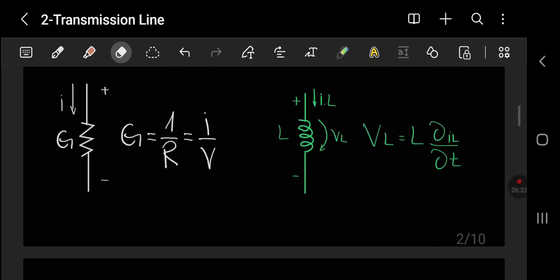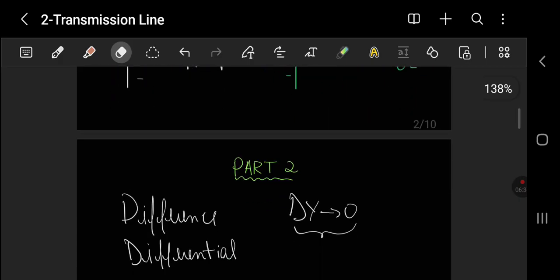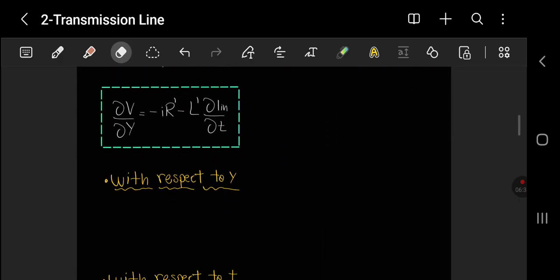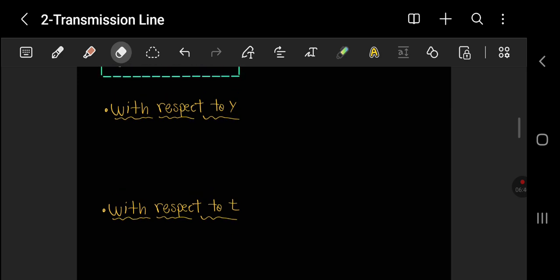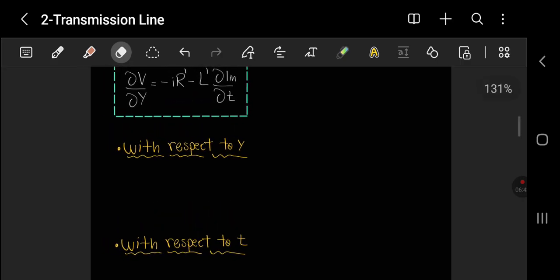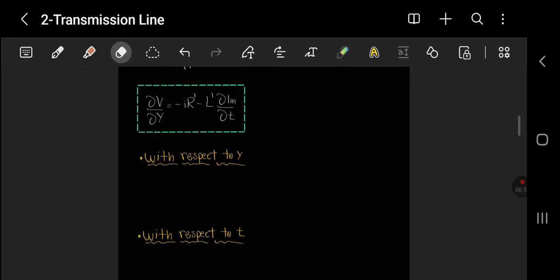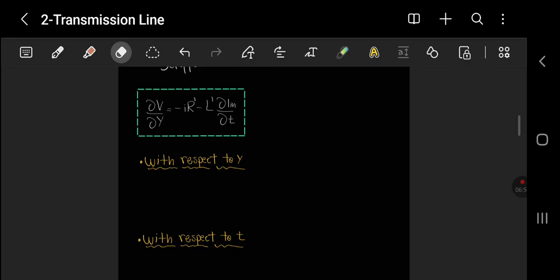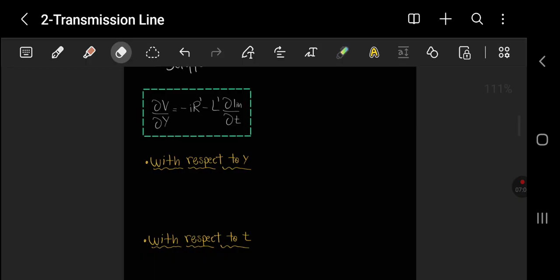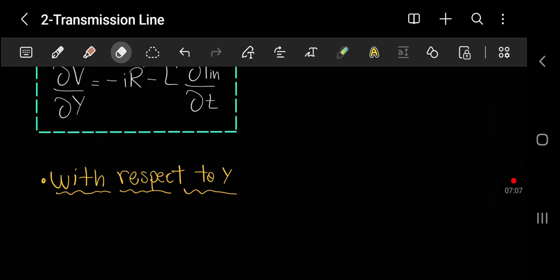Now let's differentiate each of these equations with respect to t and y. And remember what I told you, that this is primarily a wave propagation problem, and from physics classes we have learned that a wave changes in space with respect to time. Now if we differentiate these equations with respect to y,